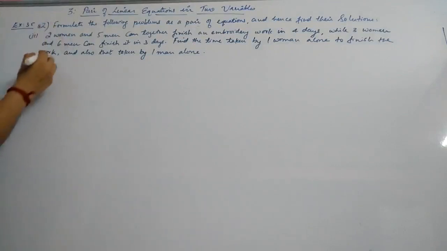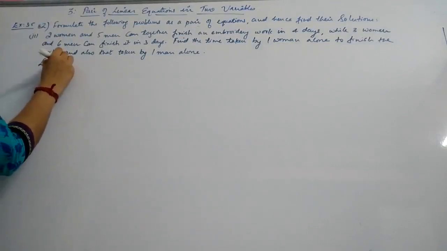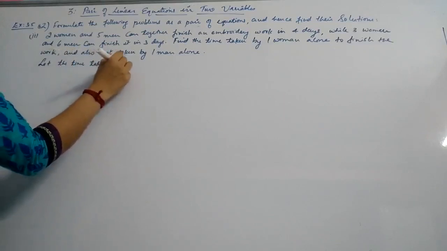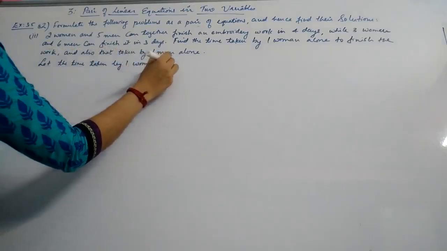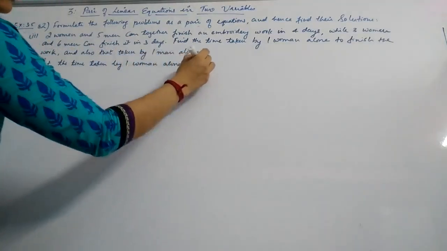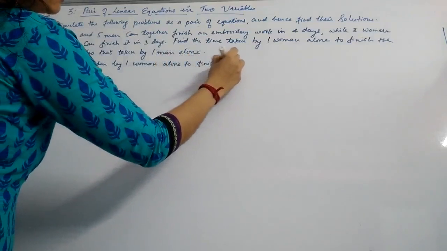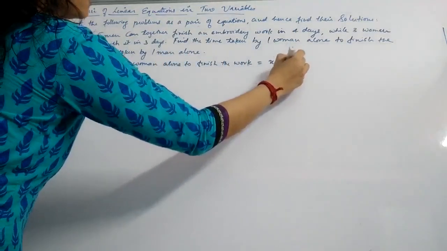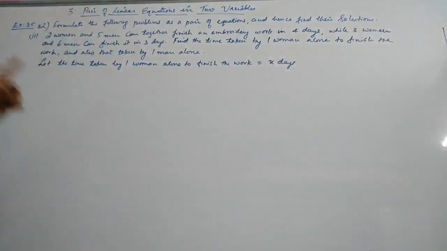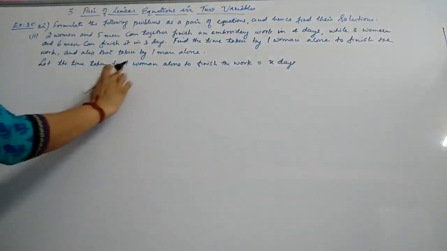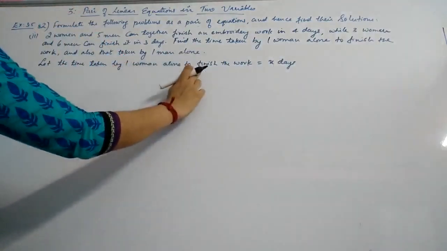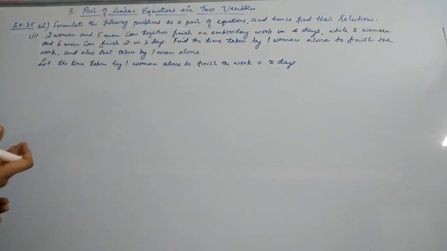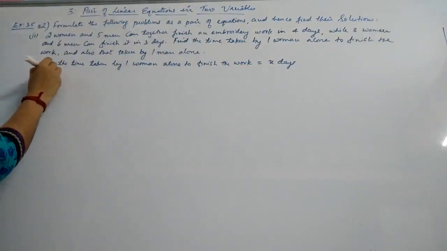So first we will start with let the time taken by 1 woman alone to finish the work be x days. So the time taken is taken as x days for the woman, 1 woman alone to finish the complete work. That means I can say that for 1 woman, for 1 day's work, the work completed will be in 1 by x form, okay,